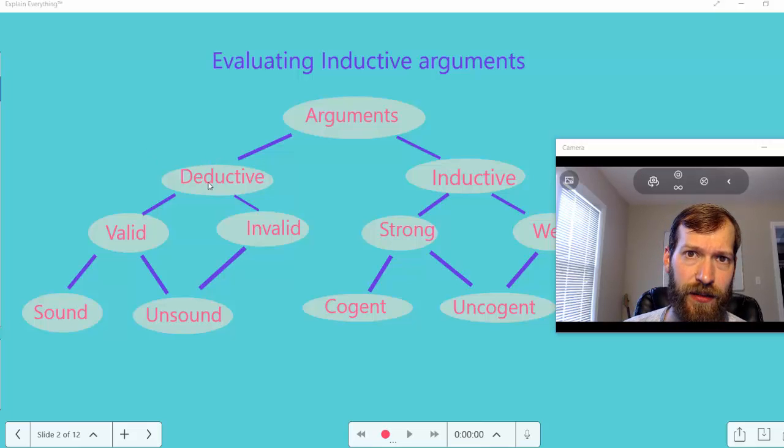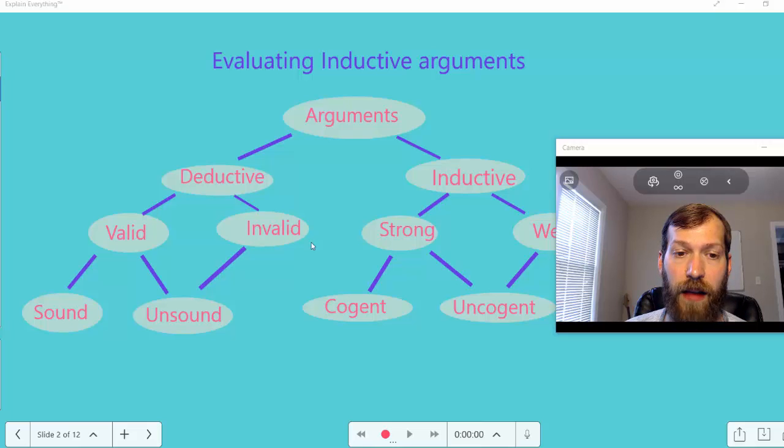And whereas statements are the kinds of things that can be true or false, propositions are the kinds of things that can be true or false, arguments, deductive arguments, are the kinds of things that can be valid or invalid. And as I was just saying, an argument is valid just in case if its premises are true, then its conclusion must be true. If it does not meet that definition, yet it's a deductive argument, it's a bad argument,